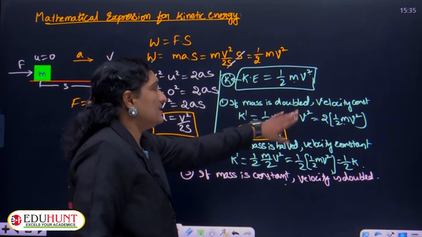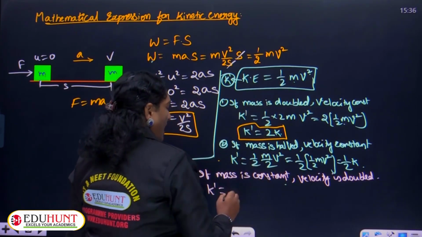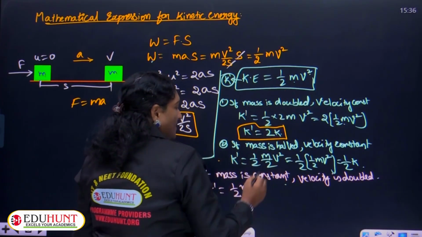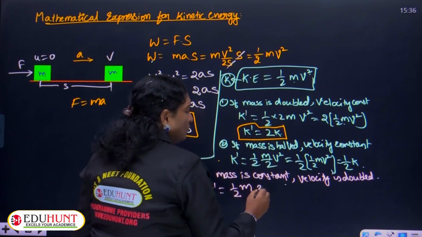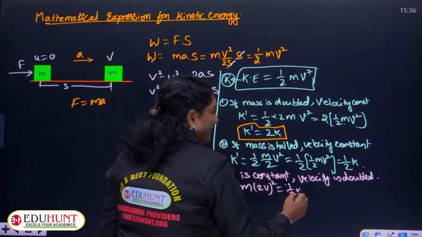So, mass as it is and v changes. The new kinetic energy will equal half of mass as it is, and velocity now, instead of v, should be 2v whole square,